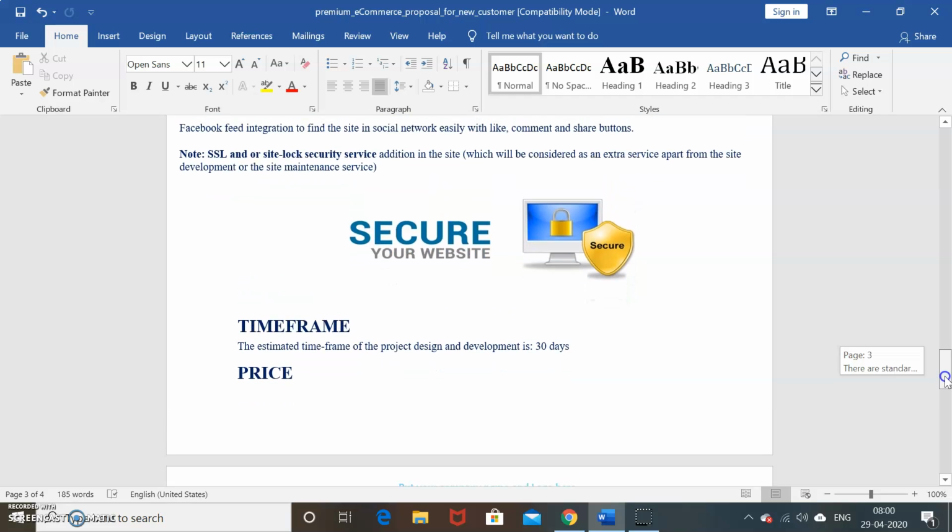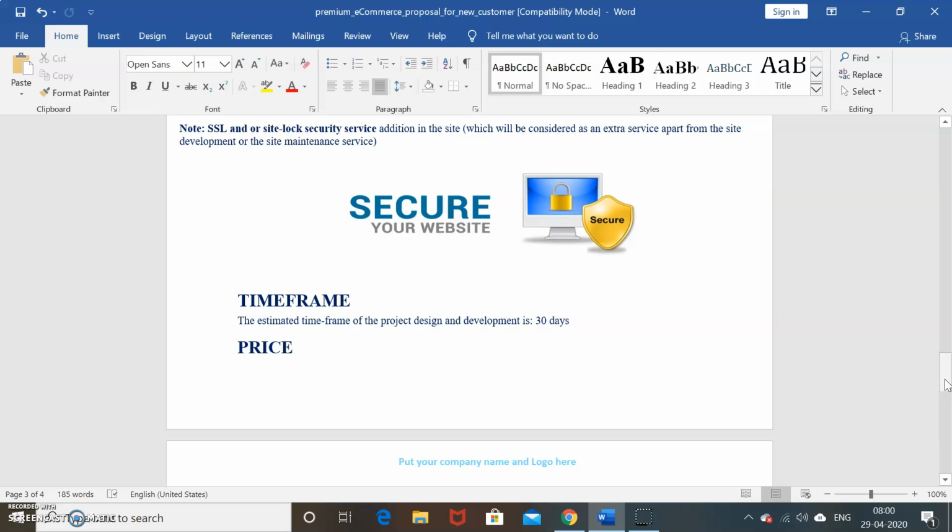And then SSL and site lock security service addition in the website, which will be considered as an extra service apart from the site development or the site maintenance service. So to make the website more secure, there will be HTTPS included. That is SSL, and also if possible site lock, so that there is less chance of hacking.